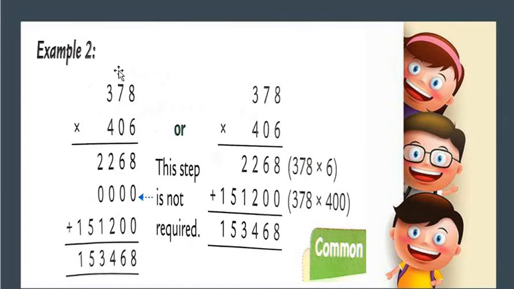So 6 here and 4 is carried. Then 6 times 3 is 18. 18 plus 4: 19, 20, 21 and 22. So the answer is: 378 multiplied by 6 is equal to